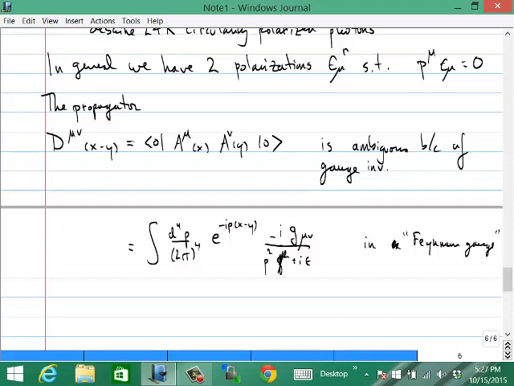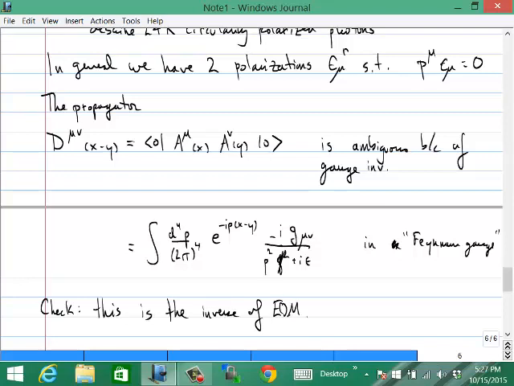In particular, the only calculation that I wanted to do is I just wanted to check that this is the inverse of the equations of motion,